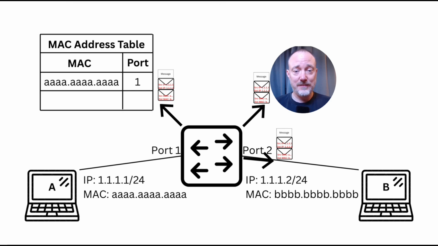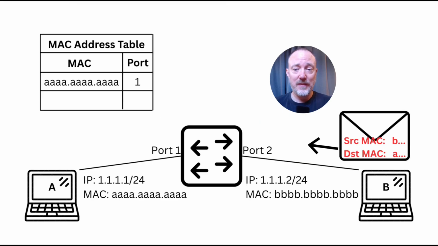Flooding is not the same as broadcasting. Broadcasting has specific addresses that it uses. In this situation, the switch isn't changing any of the layer 2 or layer 3 addresses. All it is doing is duplicating the frame and sending it out all the interfaces. The goal here is that if that destination MAC address is somewhere connected to this switch, then it'll get to its destination. On the other hand, if that destination ends up having to send a reply back, then